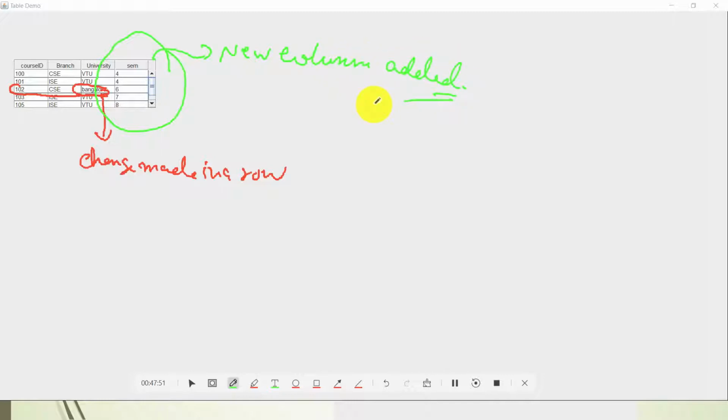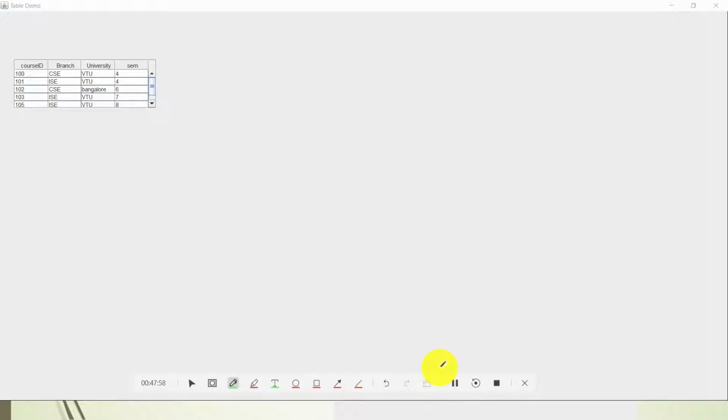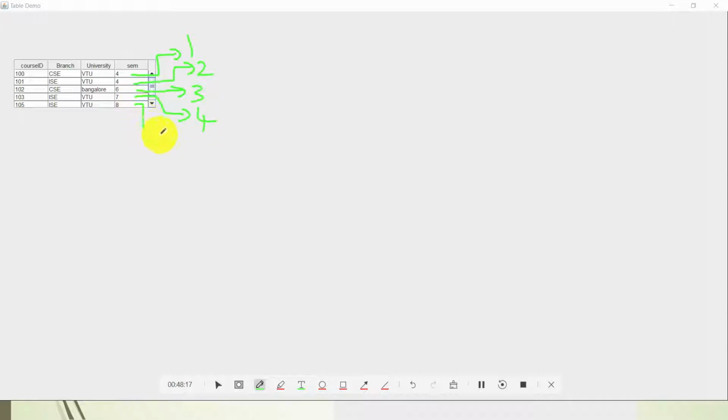Okay, so that's all, students. This is how it's a table. Now I can see how many elements, students. Here I can only see 5 rows. Where is the sixth row? Okay, so this is my first row, this is my second row, this is my third row, this is my fourth row, and this is my fifth row. Where is my sixth row? I had 6 rows in the program. So how do I get the sixth row?